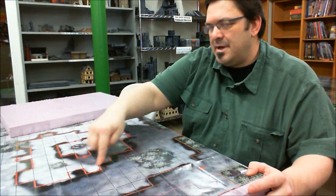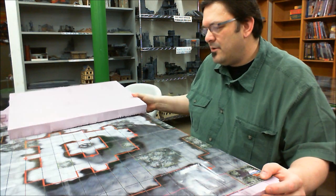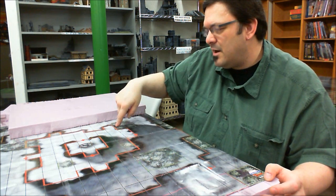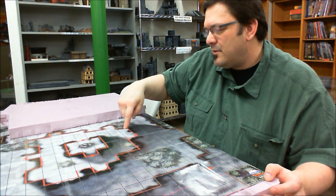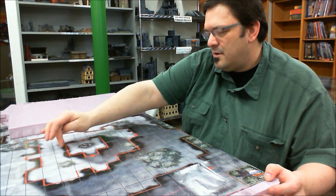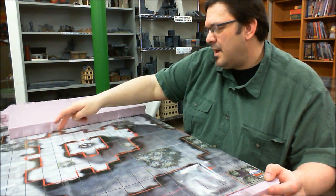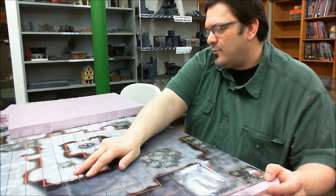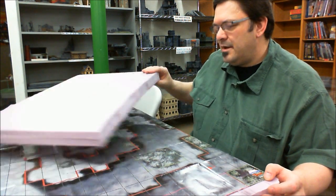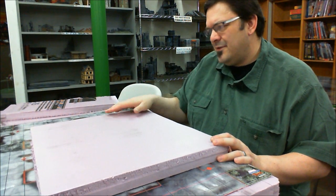Alright, so this is level 3 here, and what I've decided to do is grid out the maximum proportions here. Obviously this isn't perfectly square, so what I've done is counted out the widest points on either side. So it's 3, 4, 5, 6, 7, 8, 9 squares across that way, which is 13.5, and then it's 11 squares this way, which is 15.5. So I'm going to create a 15.5 by 13.5 inch grid, more or less in the center of this,